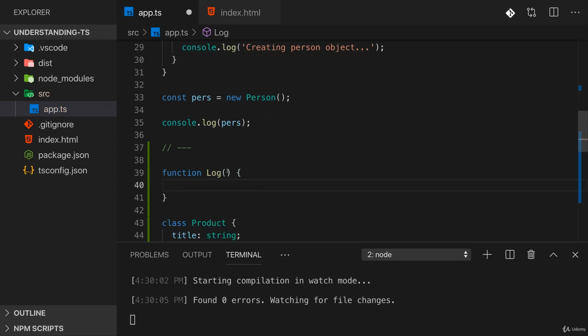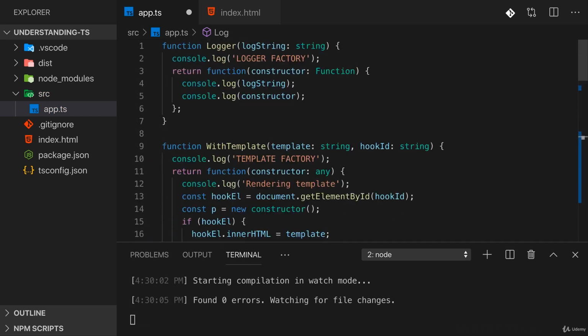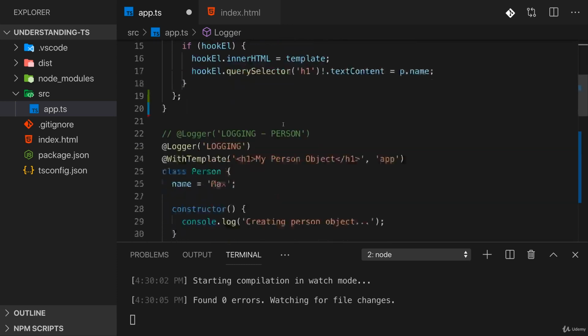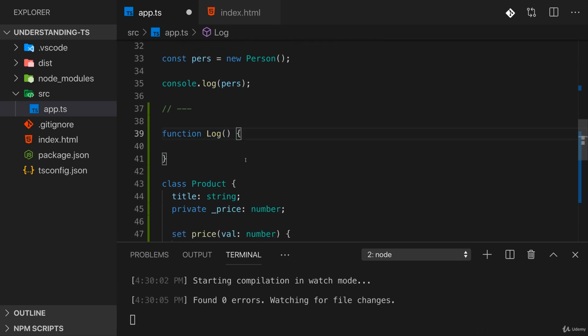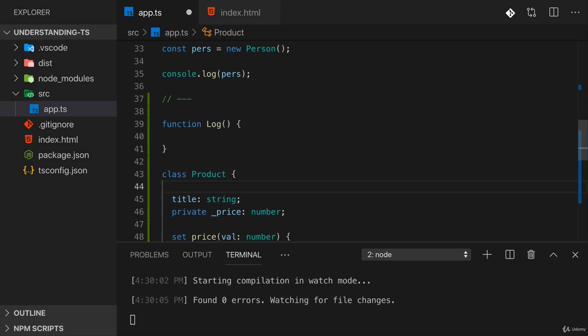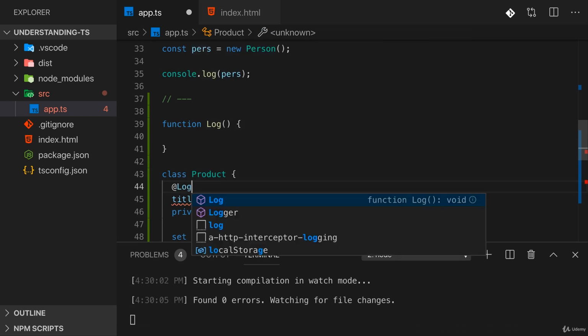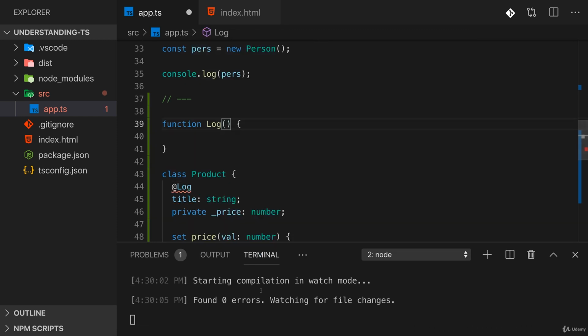It will get arguments though, and which arguments a decorator gets depends on where you add it, which is why I can't reuse logger, because that was fine-tuned to only work with classes. Now here I don't have a decorator factory actually, I just have the decorator function like this, but still, which arguments this decorator function gets depends on where we use it. For example, we can add a decorator to a property. Here I can add log like this, and if you add a decorator to a property, the decorator receives two